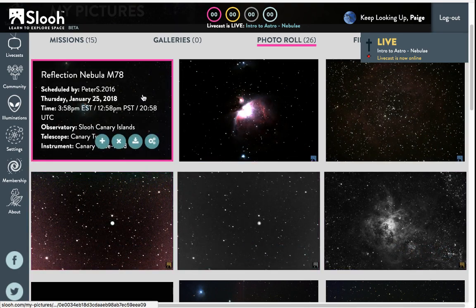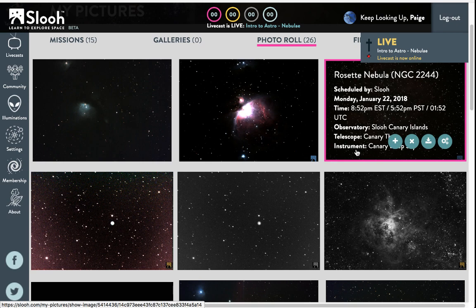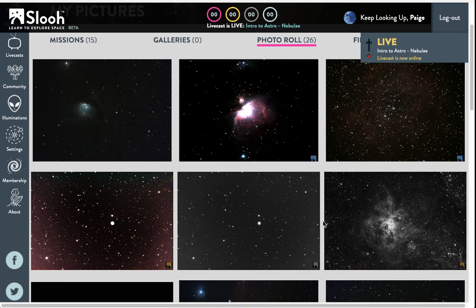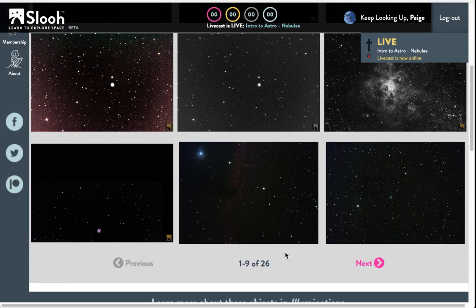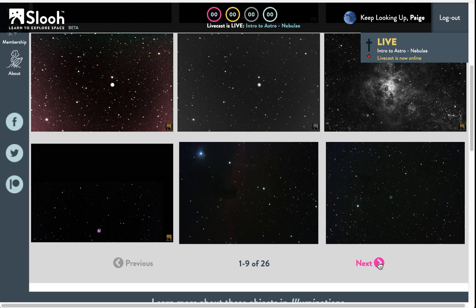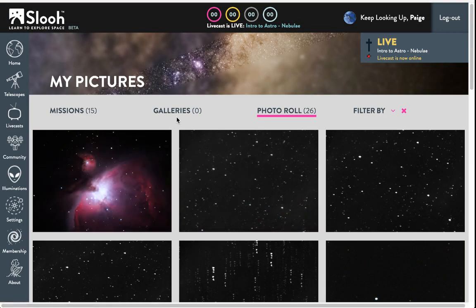So if we're looking, we have a reflection nebula. The Orion Nebula is an emission nebula. We have the Rosette Nebula. This is one of my favorites. I love the dull pink of it. The Tarantula Nebula, which does come in color, but I thought that the black and white image was just really eerie. And we have the Horsehead Nebula, which is going to be really difficult for you to see. I'll bring it up when it's time to talk about it. But I'm just kind of showing through, here's a much better version of the Orion Nebula.